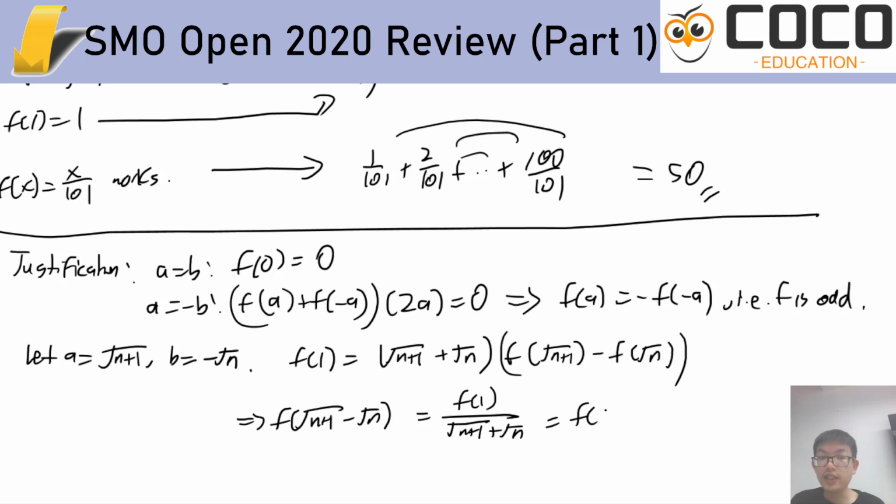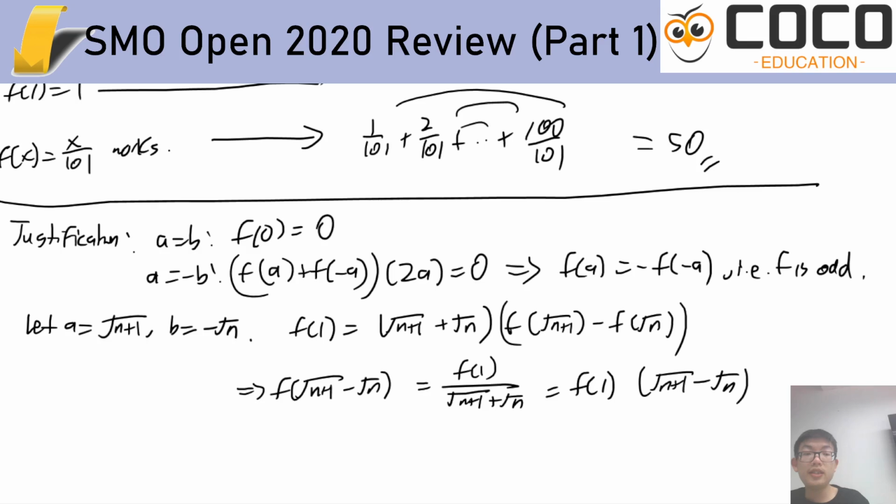And if I rationalize this, this is what I get. Immediately, since this root n plus 1 minus root n is going to be able to give me a lot of values,